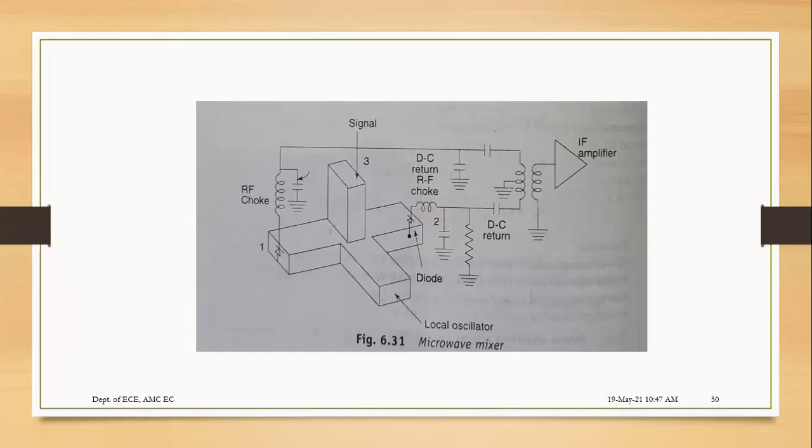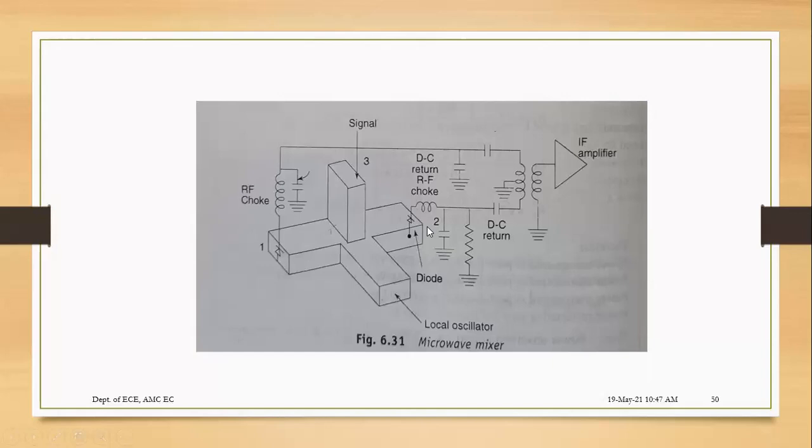The two signals will enter the collinear arms, because you know that when you give two signals across your third and fourth ports, A1 and A2 will be giving you the output across your collinear arms. There will be a crystal diode placed inside your system. You can see here, there is a diode structure across your port 1 and port 2. So those are nothing but the crystal diodes. These crystal diodes are placed so that they can observe the different signals which you will be obtaining across your port 1 and port 2.